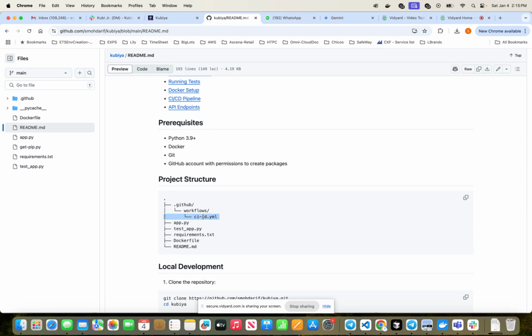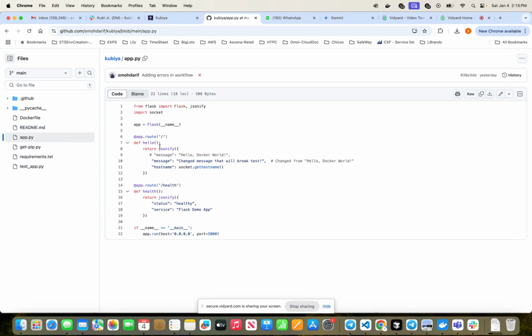So I have already created this app here. It's a very simple app. It has two endpoints: one is the root endpoint and one is the health endpoint. When you hit on this, it's available on port 5000 on your Docker and at the same time on the host machine, and it displays the message hello Docker world. And if you hit the health endpoint, it will give you the status as healthy and the service is up and running. So that's a very simple Python